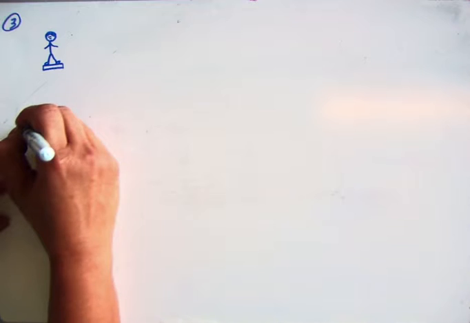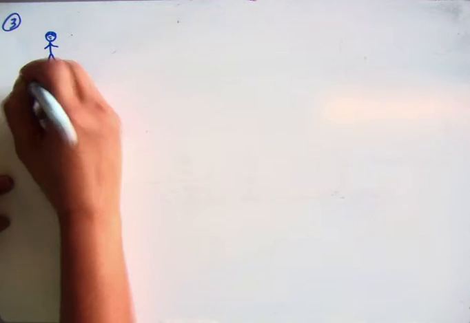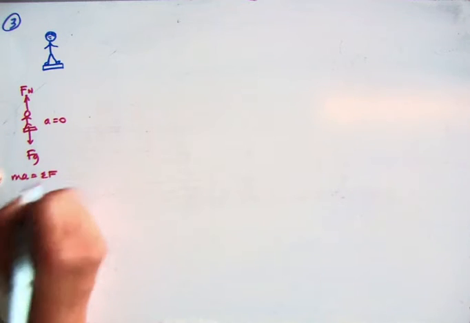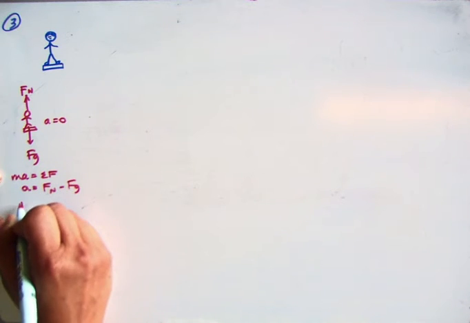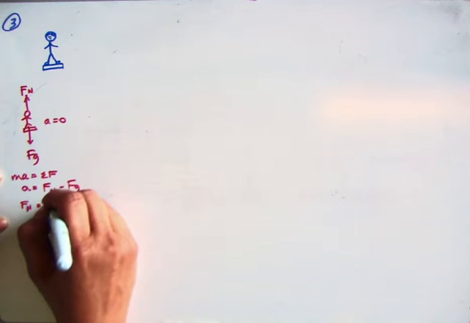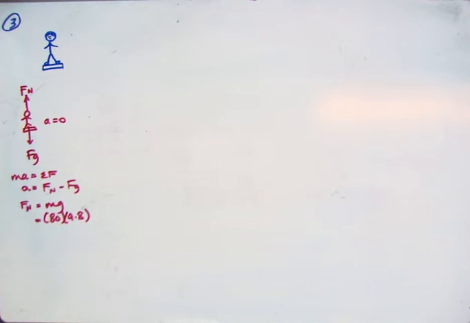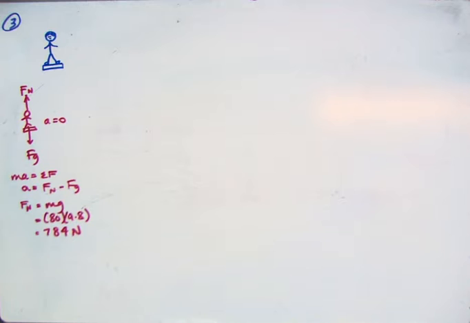scale that's at rest, the forces would be the force of gravity and the normal force. A would be 0, and we would have that MA is the sum of the forces. A equals Fn minus Fg. So we would have that Fn equals mg, which would be 80 times 9.8, which equals 784. So if he was in his bathroom or anywhere other than in an accelerating place,